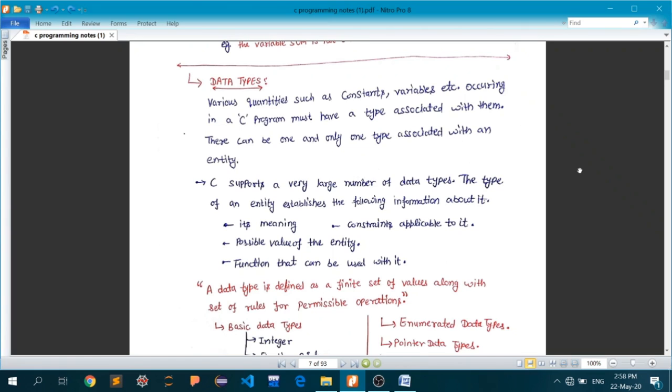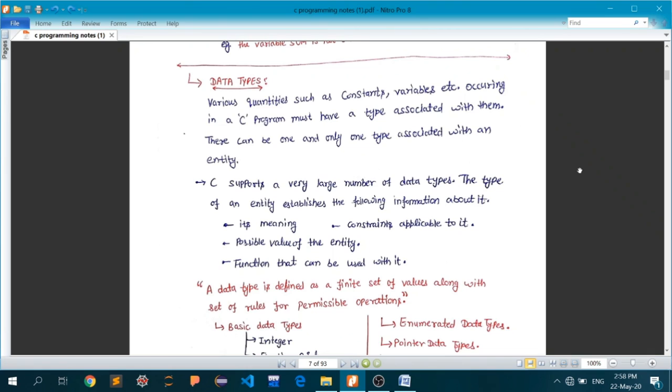So the compiler, at the time of compilation, knows that the type of data I am dealing with is of integer type.